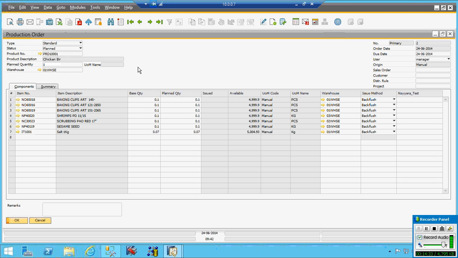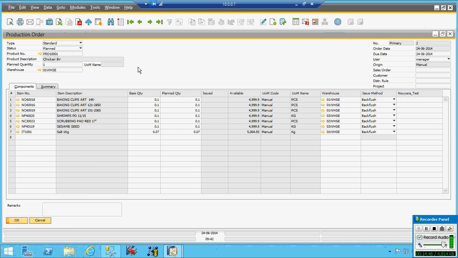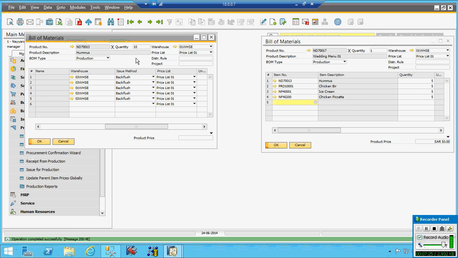But for example, for the program, you have given him 50 kg of chicken. He only started preparing the masala, then he came to know that it is cancelled. Now you can only show that the masala is consumed. You can say it's written off. But the chicken which you gave is not consumed, so you can restore it back to the store.